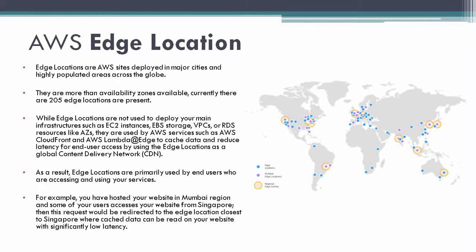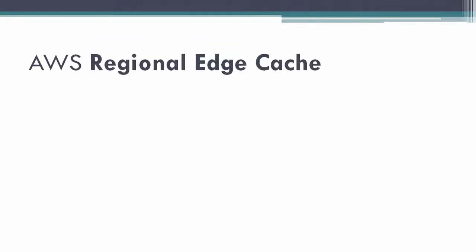We will see in the next slide what the regional edge cache is. You can see the edge locations are more in number, more than availability zones. There are a total of 205 edge locations available currently, and a total of 11 regional edge caches in the AWS infrastructure. So moving to the next part,